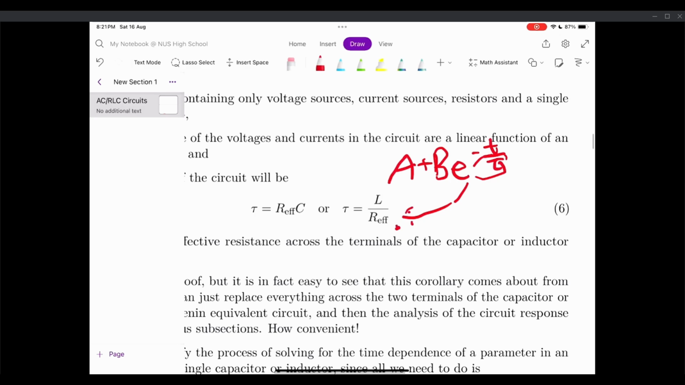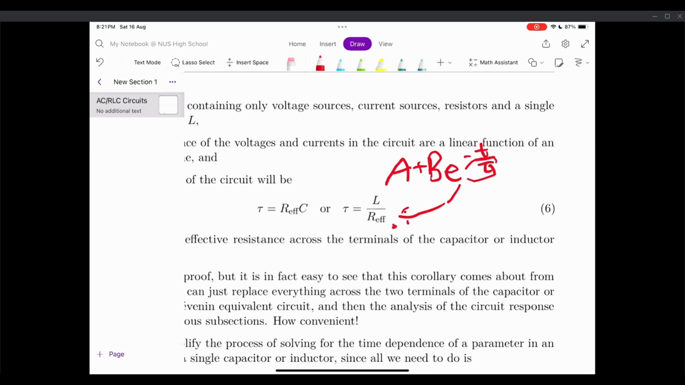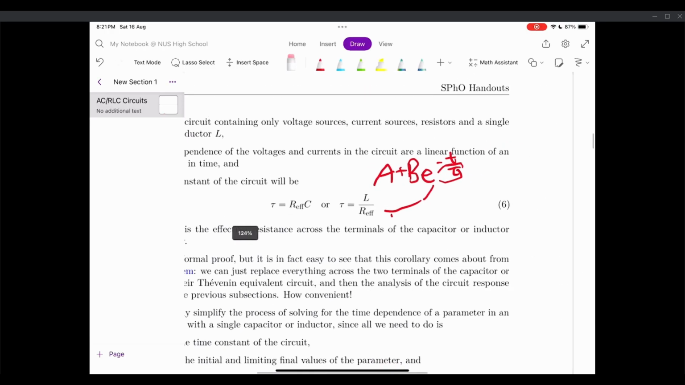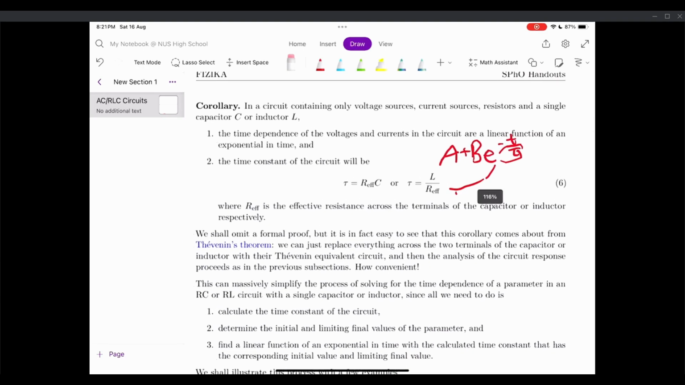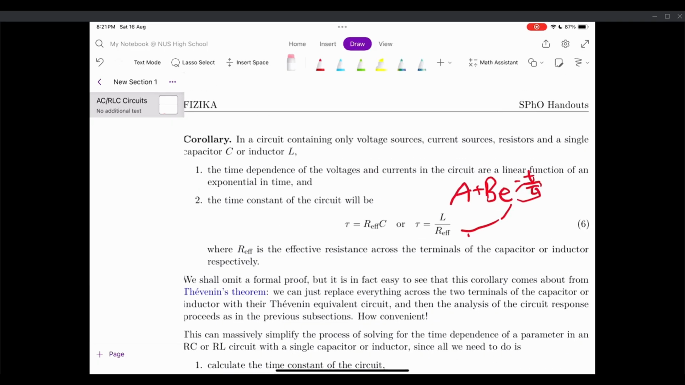one of these. It's going to be either RC or it's going to be L over R. And this R is your effective resistance across the terminals of the capacitor, or inductor. So basically, for example,